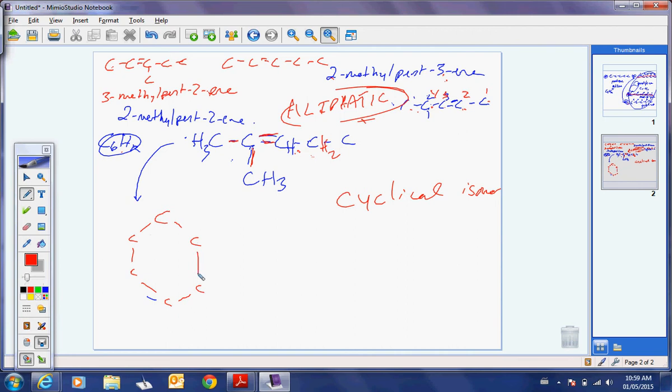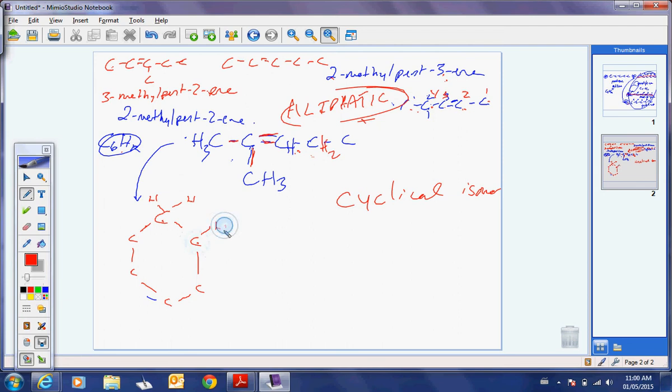Okay? And how many hydrogens on these carbons? If Raj, I only get to have 4 sticks. So 1 stick, 2 sticks, how many more sticks on that carbon? How many sticks does carbon have, Raj? 4. So I've got 2. How many more do I need? 2. So 2 hydrogens. What about that one?